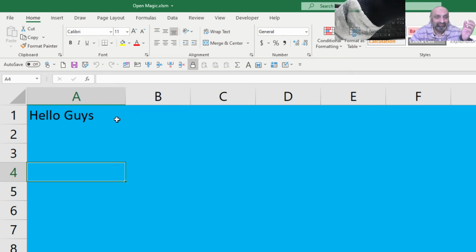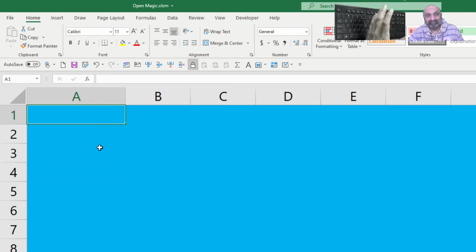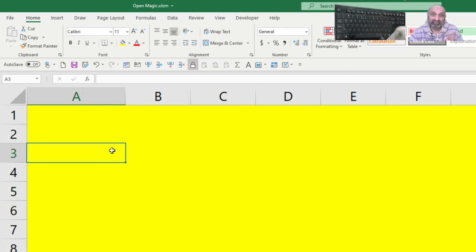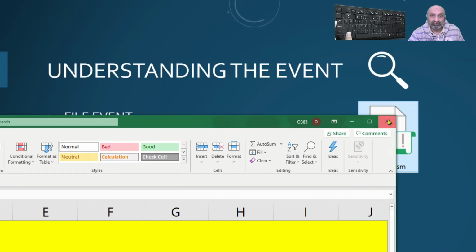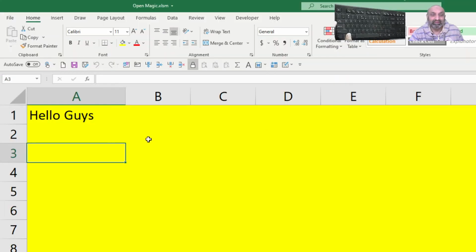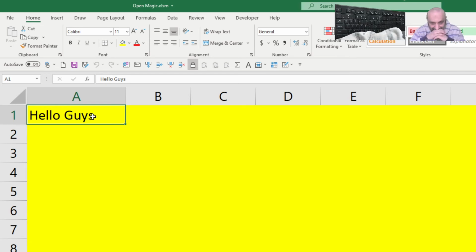There is a change. You see, when I delete this and turn it to yellow, there are two changes, the text and the yellow. I am saving, Control S. I am closing and then opening again. It is yellow from blue, but "hello guys" is still there. What do you think? What is happening? Any ideas?